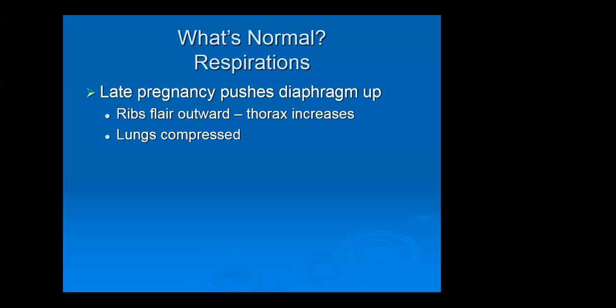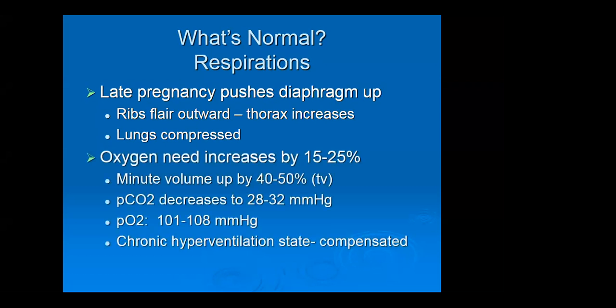Late pregnancy pushes the diaphragm up, the ribs flare outward, the thorax increases in size, and thus the lungs are compressed. Our pregnant patients have an increased oxygen need. It increases by 15 to 25%, and their minute volume is up by 40 to 50%, which relates to their tidal volume,